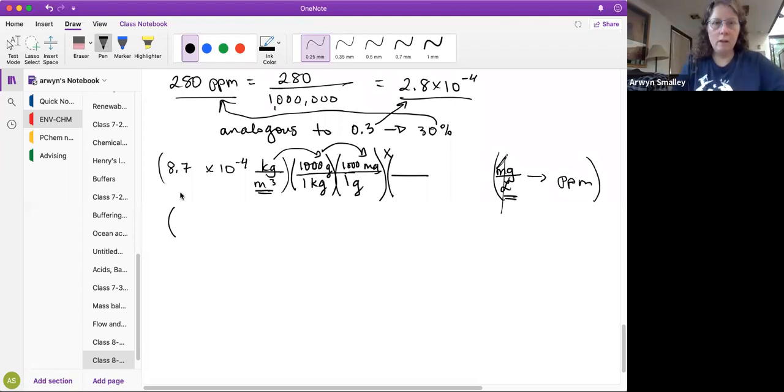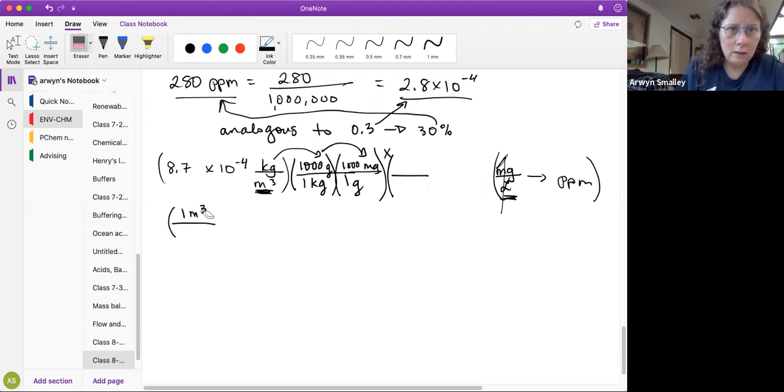Okay. So I just got done converting my kilograms to grams, my grams to milligrams, and now I'm going to take my meters cubed over here to liters. So meters cubed is a really big unit, and I might have a hard time going directly. So what I'm going to do instead is I'm going to remember that 1 meter is the same as 100 centimeters, and then I can cube it. So I'll get 1 meter cubed over 100 cubic centimeters. So that's what? 1 times 10 to the